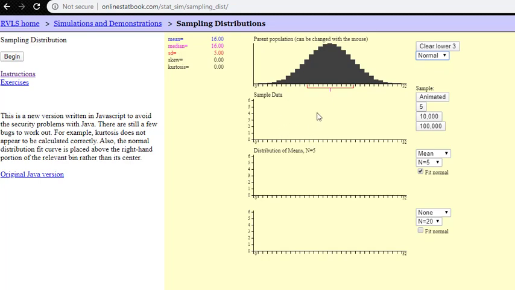This here is going to be our sample data. So you're taking a sample from a population, and we're going to take a sample of size 5. And here's a demonstration of a sample of size 5. We just click on animated to get one sample. It took 5 individuals from this population, and the blue is the calculation of the mean. We can do that again,